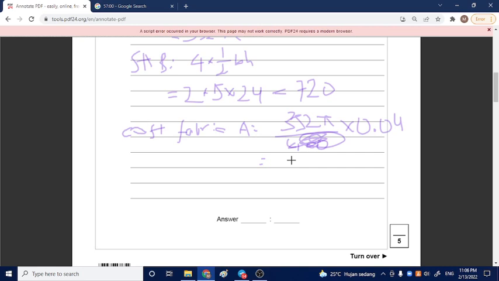352 pi times 0.04 is 44.23. For B it's 720 times 0.04, that would be 28.8. And then hence